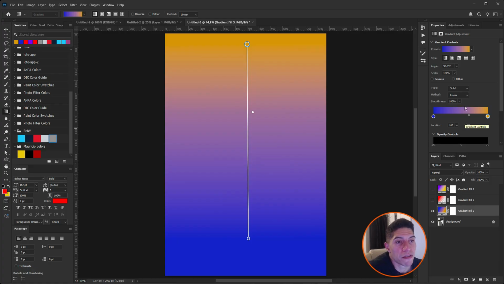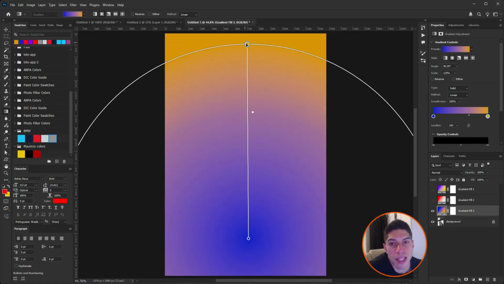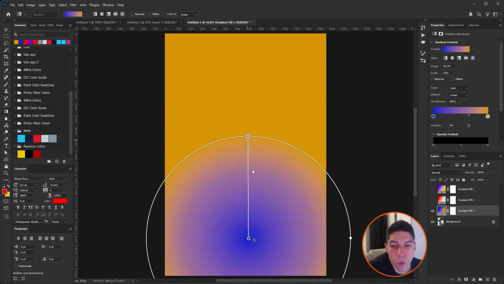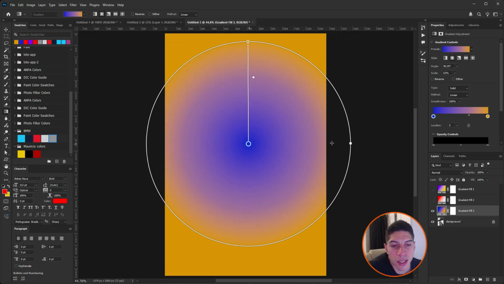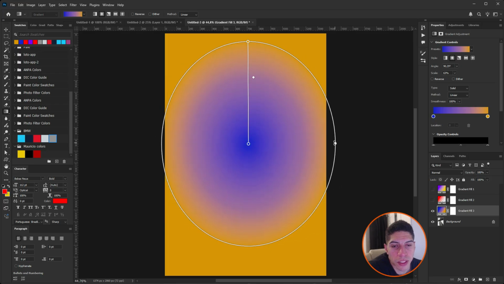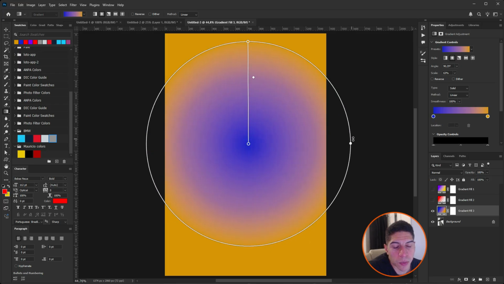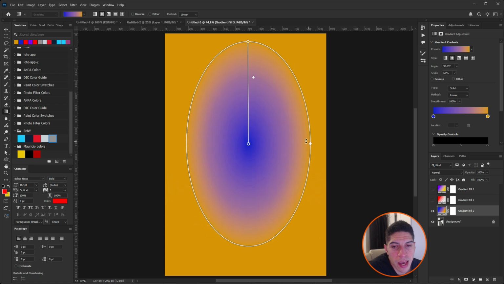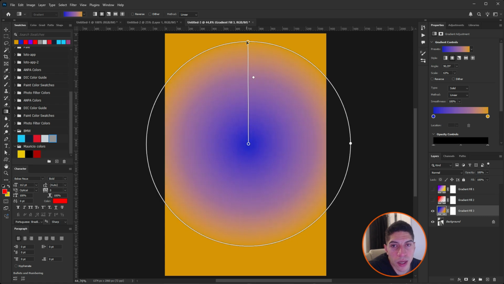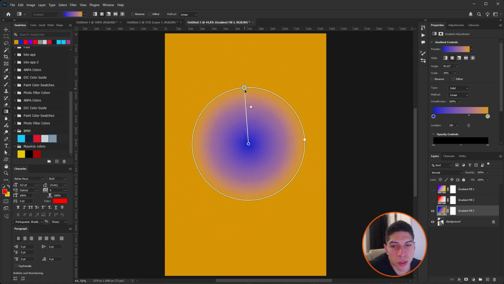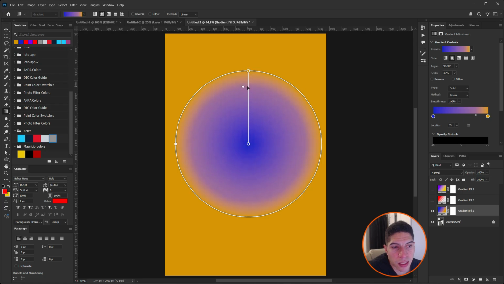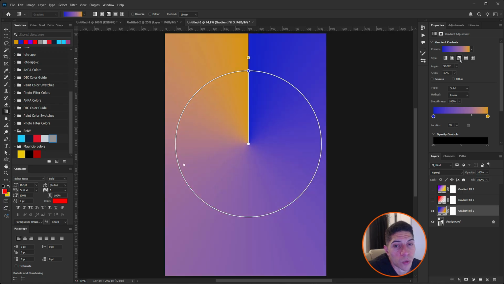The other options you have are the linear gradient and the radial gradient, and that's going to mean that one color is going to be in the center and everything else is going to be rounded. You can click on this little ball here on the side and you can squeeze it, or you can come over here, click and drag, and it's going to reduce the size. And the same thing over here, you can change where the gradient is. Okay, and you have three more options here, which is this one,